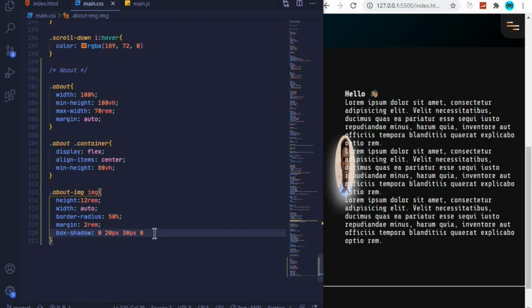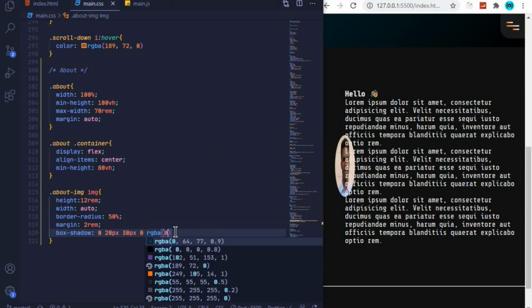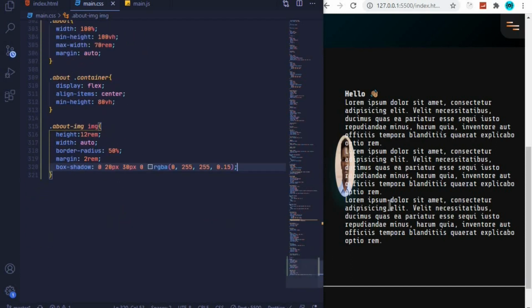box shadow to be RGBA, and this will be 0, 255, 255, and then the opacity will be 0.15. Now let's fix our content, and how we'll do this is to change